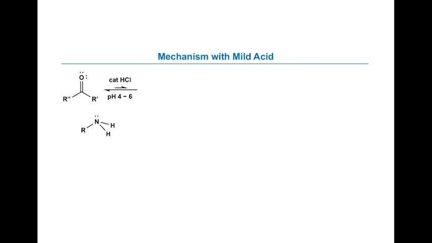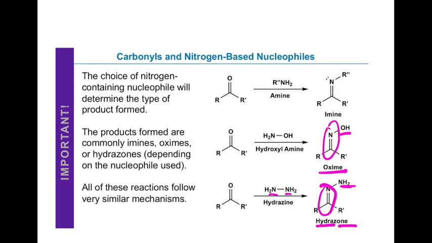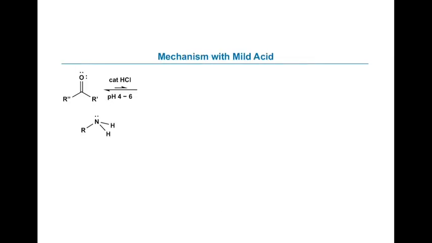Okay, so I'm going to go through the mechanism of our imine formation. That's where we're transforming this carbon double bonded oxygen to some carbon double bonded nitrogen. The mechanism where we have these other nitrogen groups, where the piece that's attached happens to be a heteroatom like an oxygen or nitrogen, is really the same. So you just need to know the core mechanism of taking some kind of primary or secondary amine and doing this addition to the carbonyl.